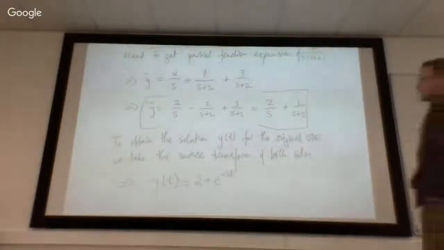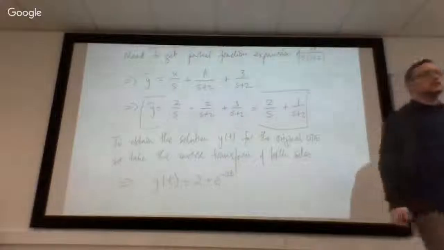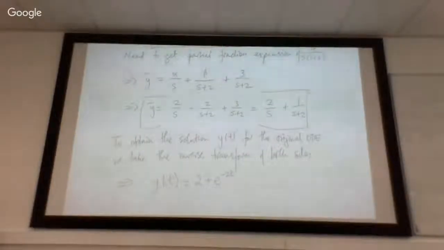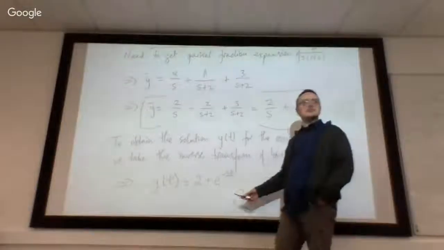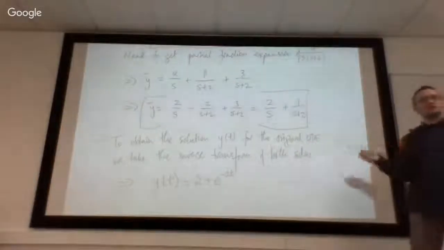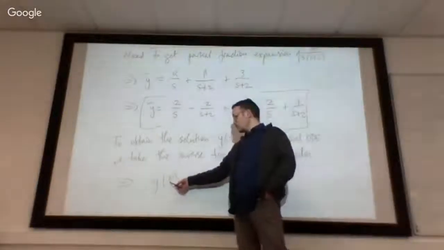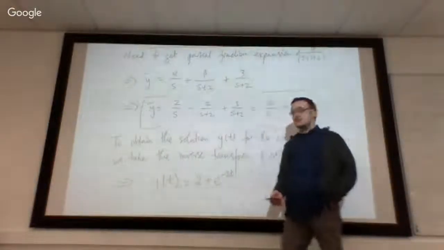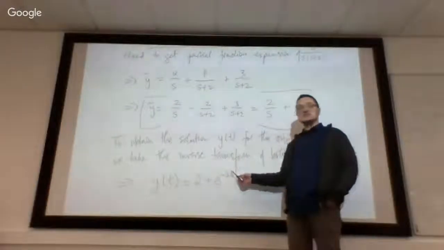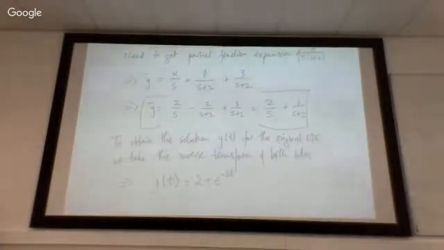Okay, so barring any errors I made there, that should be the solution to the differential equation. You should always verify these. First of all, we just check that, does this have the required initial value? Remember, we were told in the question that the initial value of this function was 3. And when you substitute t equals 0 here, you do indeed get 3. You get 2 plus e to the 0, which is 1. So you indeed get 3,